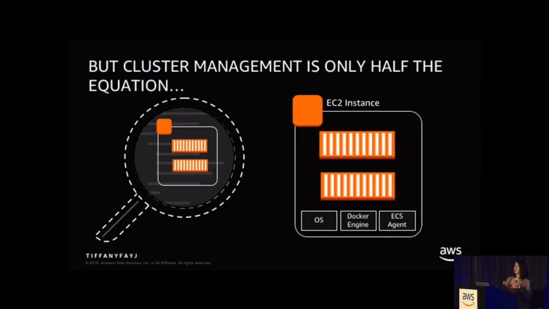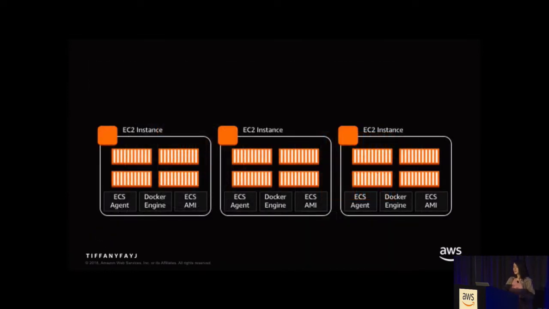So you now have cluster management, but what about having to worry about updating your operating system? What about having to update Docker Engine or the ECS agent and having to do this on every single one of your instances? That can be a lot. So say if you're looking at each instance, if you look at just one, you can fix it for a few. But say if you have to fix it for maybe 200 instances or so, that will be pretty tedious. So we decided to help solve this issue.